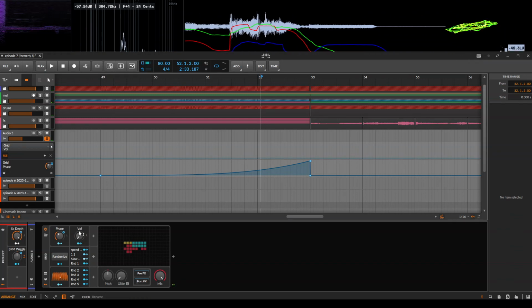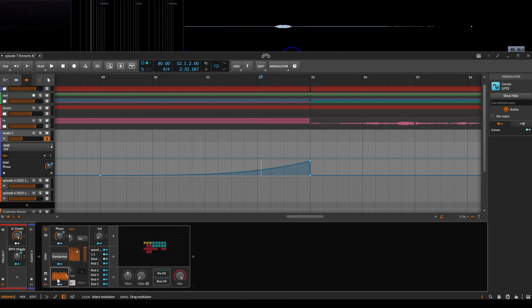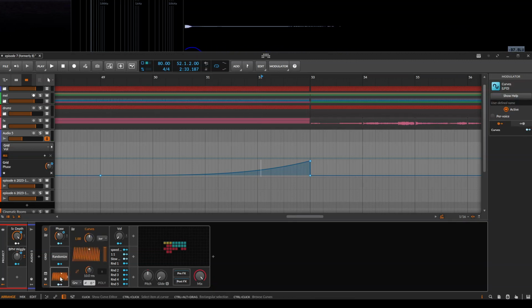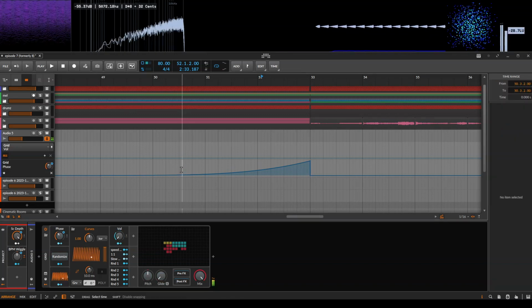Mix controls like this is overall volume. This randomize button we'll get to, this is an LFO you can draw, so you can put this to volume and then you can like